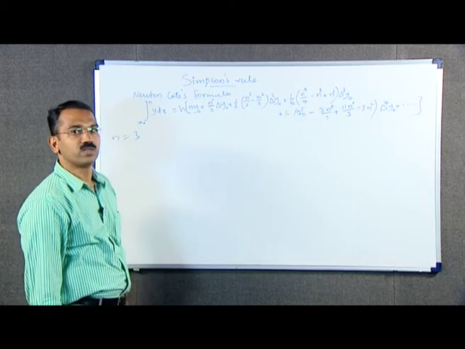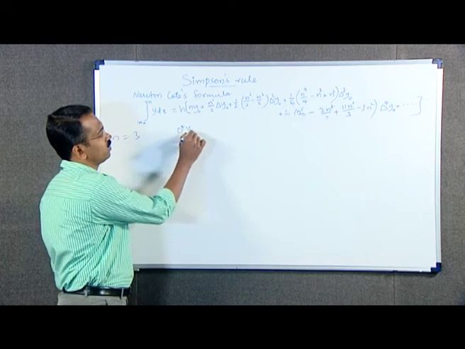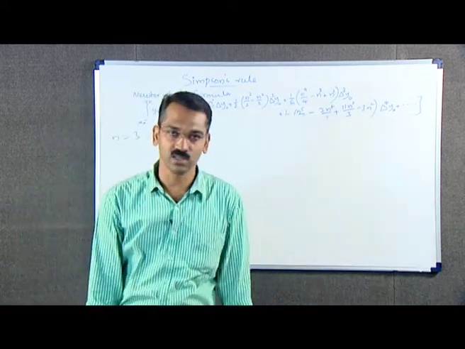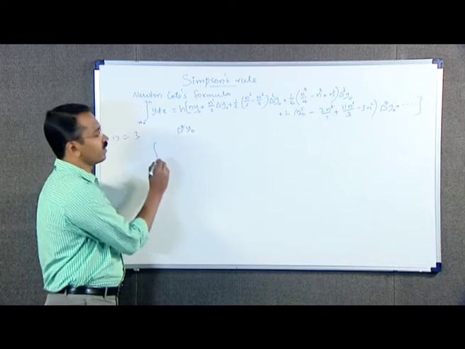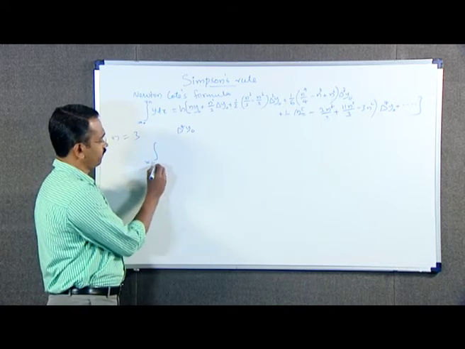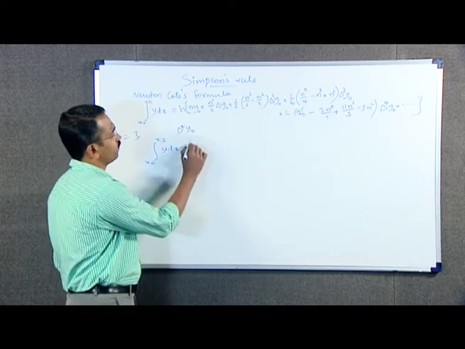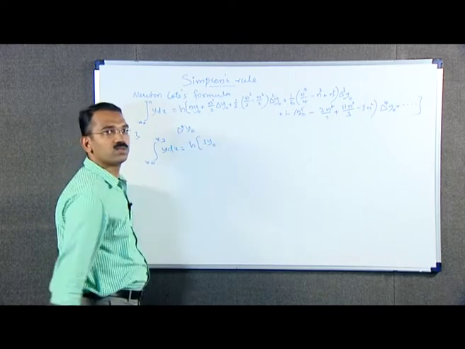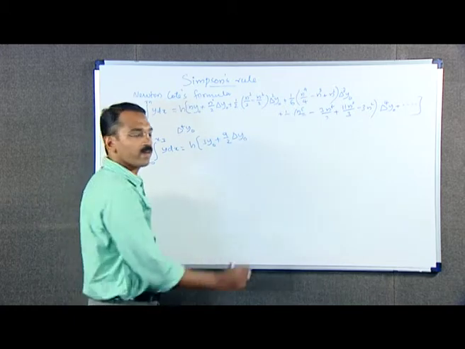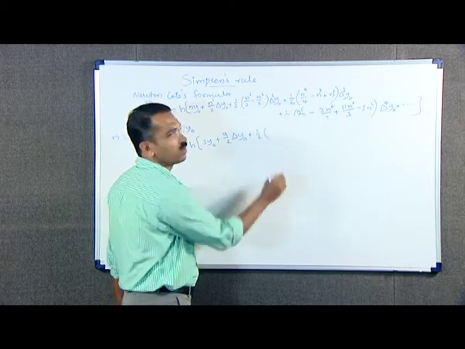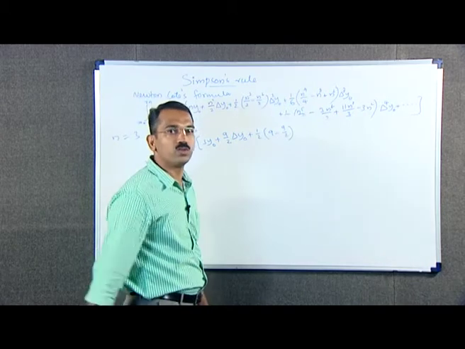Putting n equal to 3 and omitting the terms with delta raised to 4 y naught and higher order differences in the interpolating polynomial, we get the integral from x naught to x3 of y dx equal to h into 3 y naught plus 9 by 2 into delta y naught plus 1 by 2 into 9 minus 9 by 2 into delta square y naught